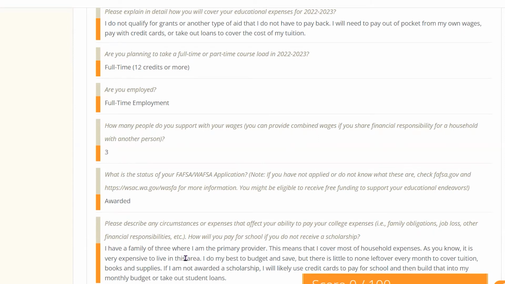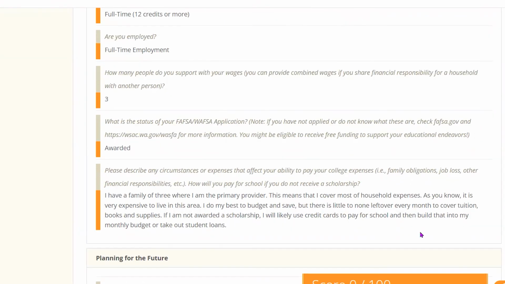However, they didn't provide enough specific examples, such as what their expenses are or why they don't qualify for FAFSA. So it is hard for me to say for sure that they have many expenses or circumstances that create financial need. I can certainly make the argument that they have some expenses or circumstances that create financial need. I could try to build a story about this student, like think of a reason of why they don't qualify for financial aid, or just how many expenses they have with a household of 3,